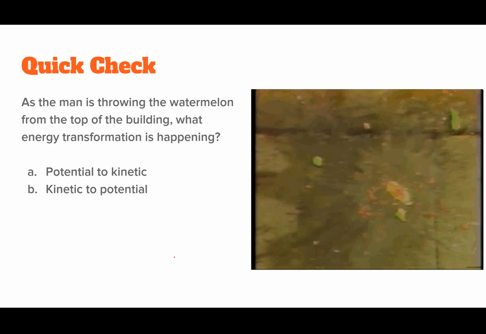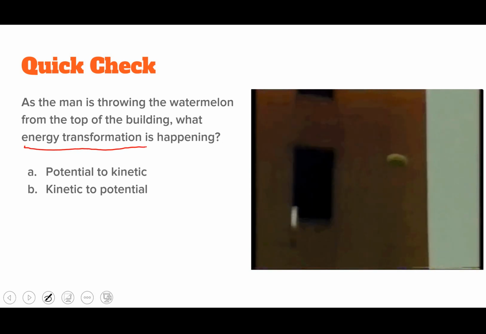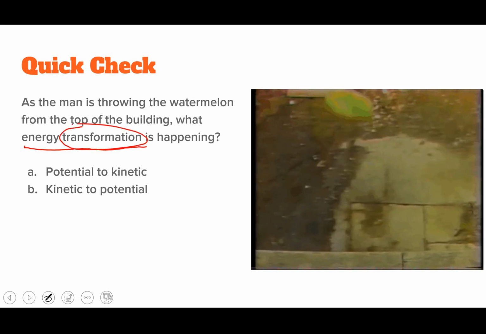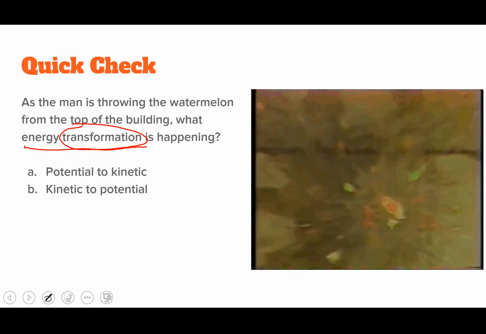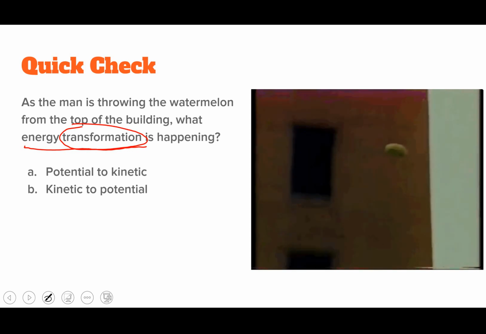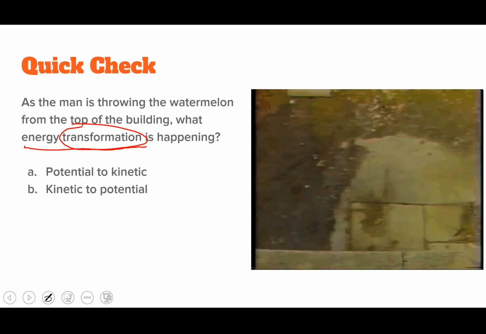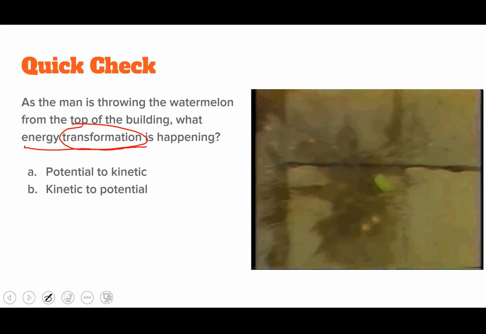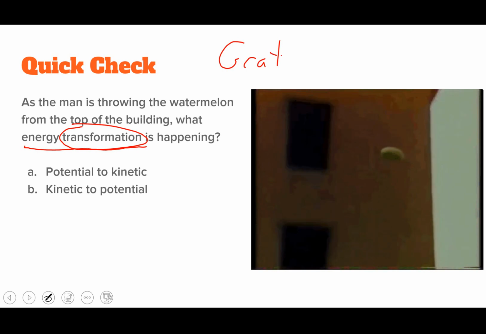All right. So as the man is throwing the watermelon from the top of the building, what energy transformation is happening? Now this is a big word. Transformation. Energy transforming from one form to the other. Well, let's think about this. First off, when the man's at the top of the building, what kind of energy does that watermelon have before he releases it? If you were to say gravitational potential,